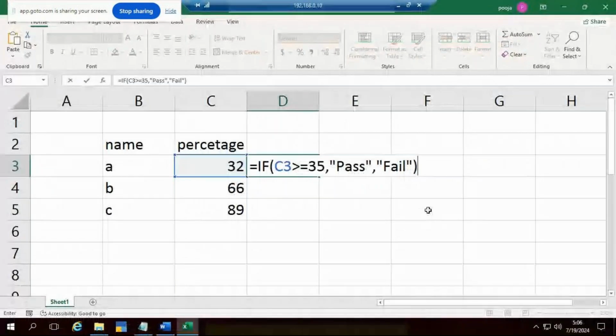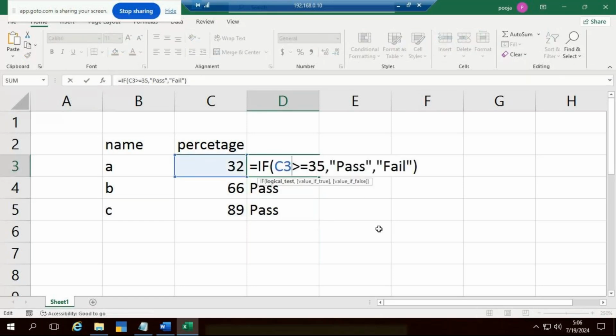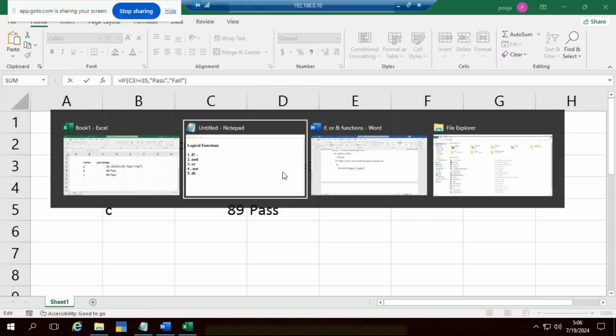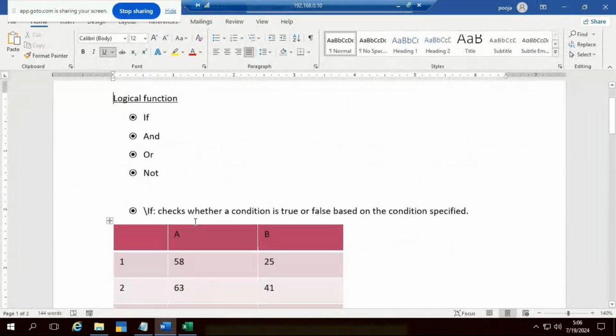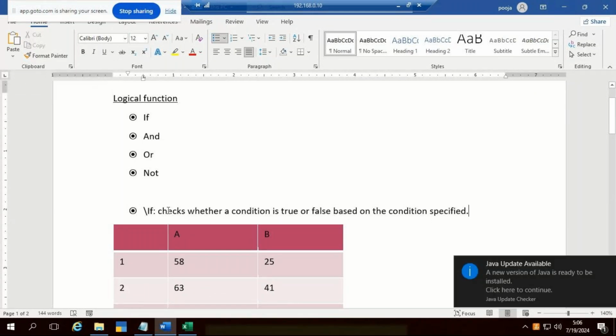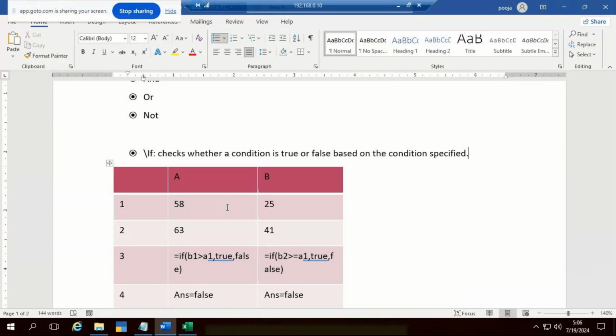Okay, click on the enter button. So you can see here. Ma'am, one more time, ma'am. I'll explain the whole thing, okay, don't worry about it. The IF condition is used to check whether the given condition is true or false based on the condition specified. If it is true, it has to show the value as a